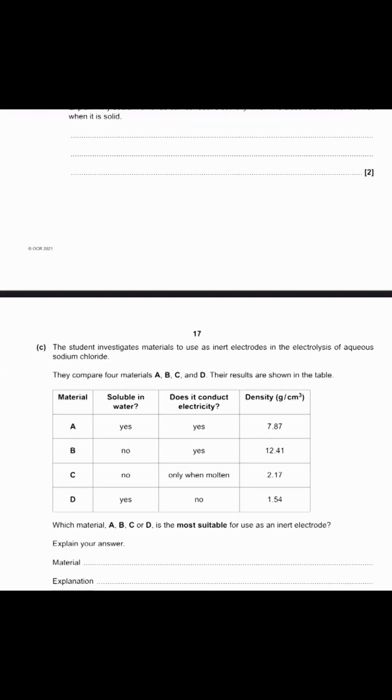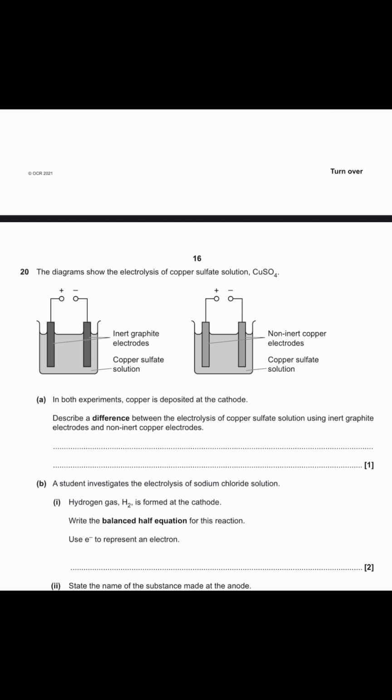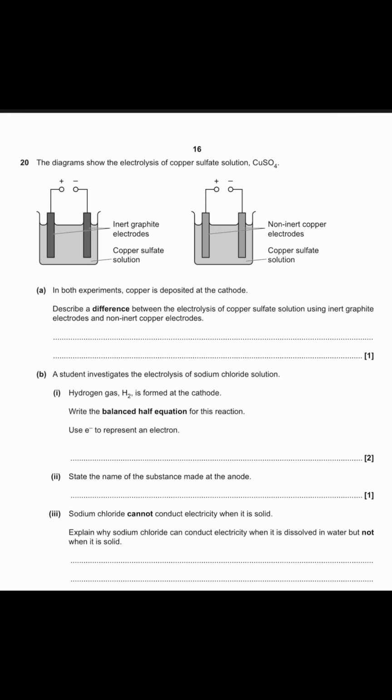So that it can have a full outer shell underneath it. Okay, so explain why, in terms of electron structure, elements in group 1 are more reactive than elements in group 0. Things are only reactive in order to get a full outer shell. If they have a full outer shell, why will they need to be reactive? It's like going to work when you're a millionaire. There's no point. So then what's going to be happening is group 1